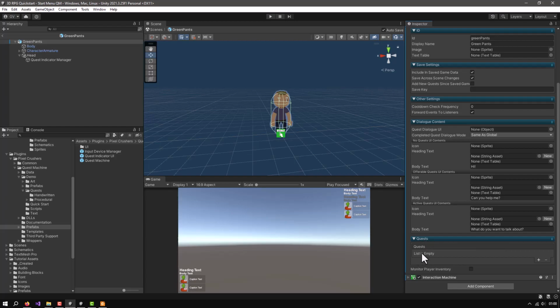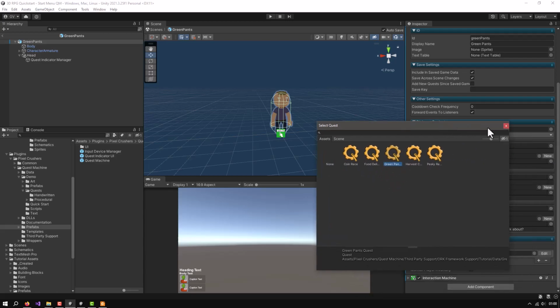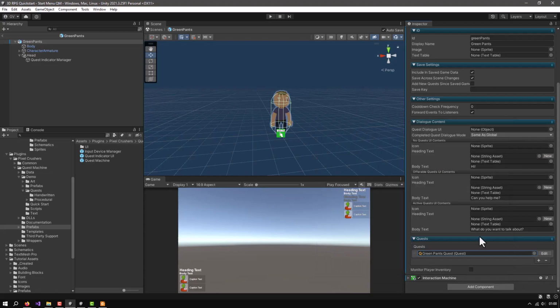Let's review the quest giver for ORK, and importantly, here in the quest section we are missing our quest, right? So let's add a new entry and link our green pants quest. Those other quests are from the Quest Machine demo, so let's link it up here. Okay,